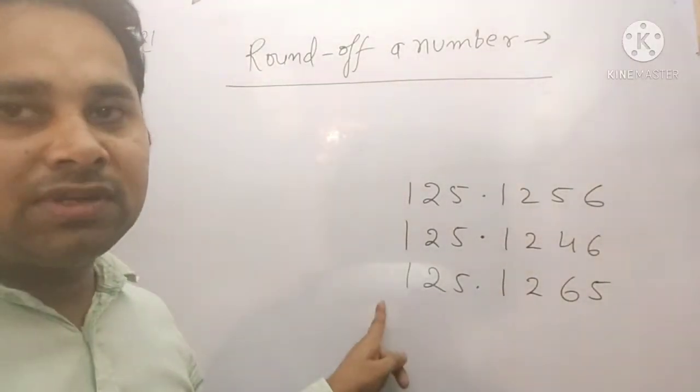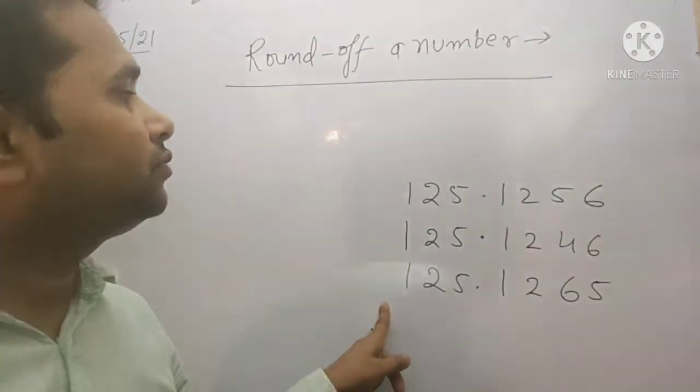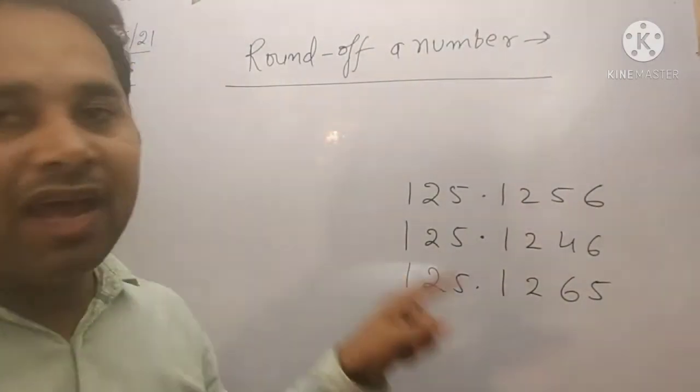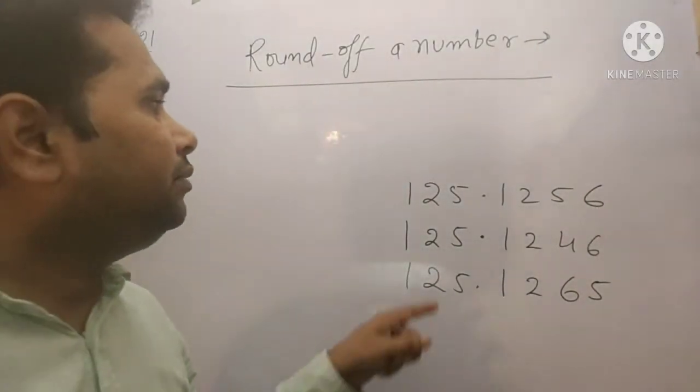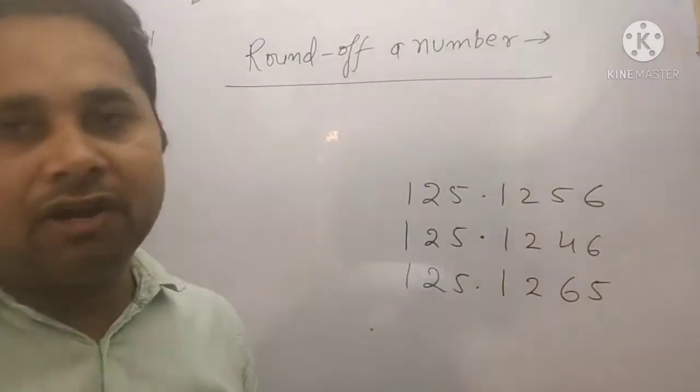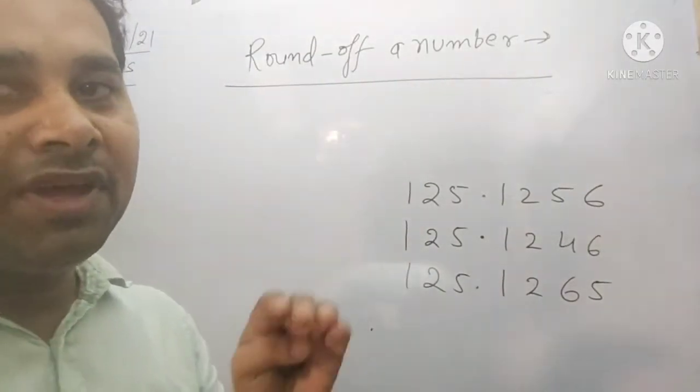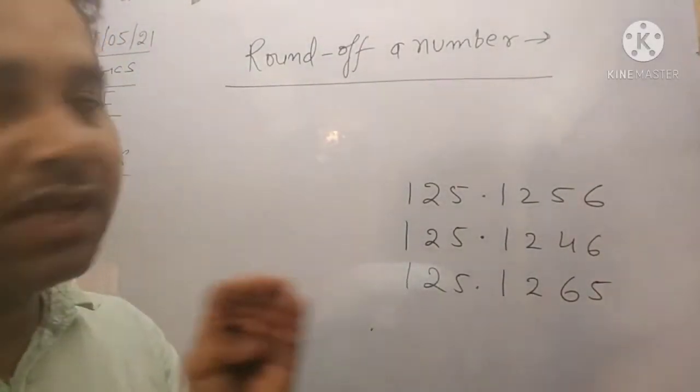These are, suppose, the product of two numbers, and suppose we have to report the answer, we have to report the result in just 5 significant figures. ध्यान देना, हमें रिपोर्ट करना है आंसर 5 significant figures में,